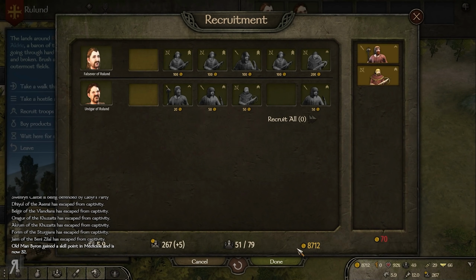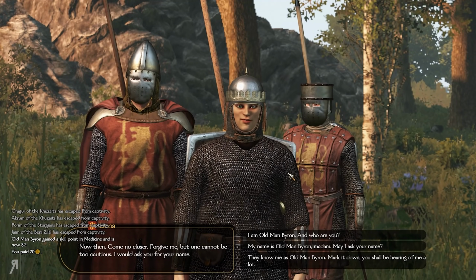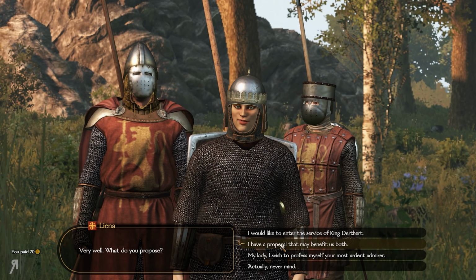And there's Liena. We might actually be marrying her later on. Shall I speak to her? I mean, I don't have that much charm skill at the moment, so this is probably not going to work. But I could say...